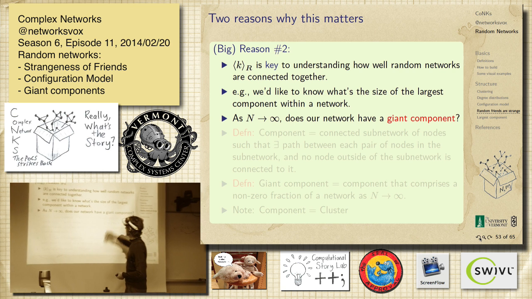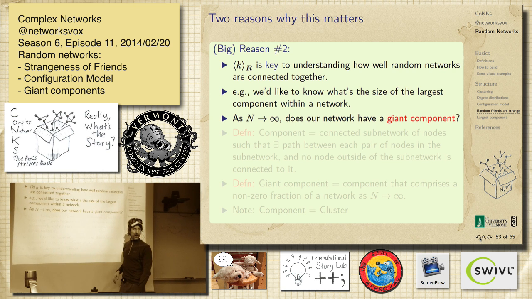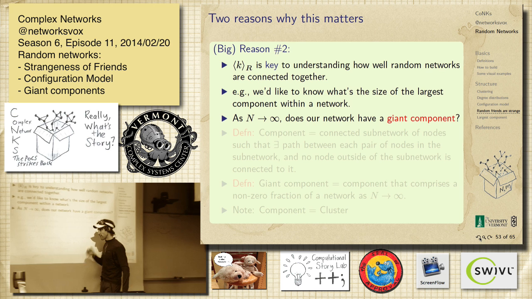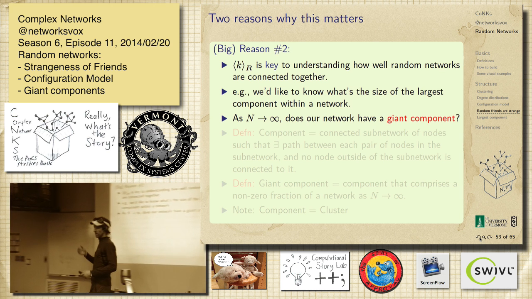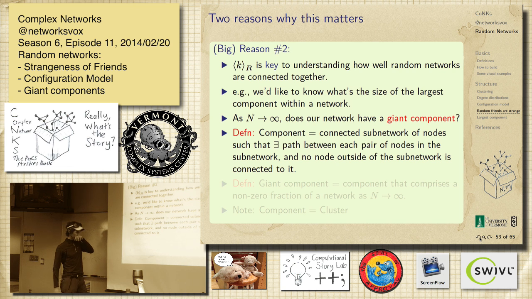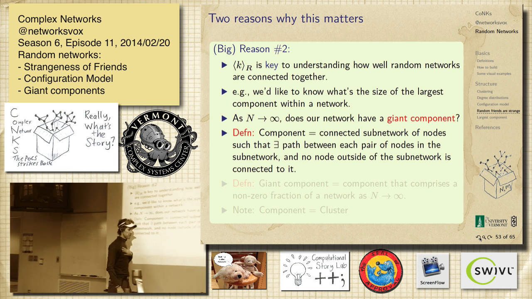But a really basic question is, is there a giant component? And this may be part of the network itself, or the network with a process run on it. So you imagine you take the network and you spread something on it, and then the ones that got sick, for example, it's contagion, that leaves you with some of the network. How big is that? Is that thing giant? What proportion of the world gets infected? You may have seen other words for this.